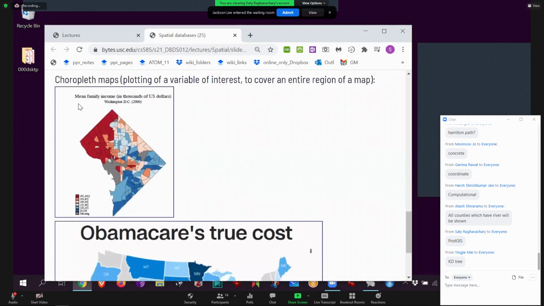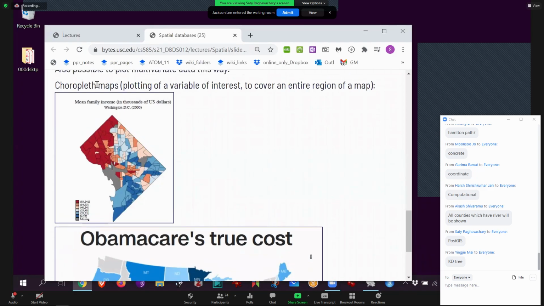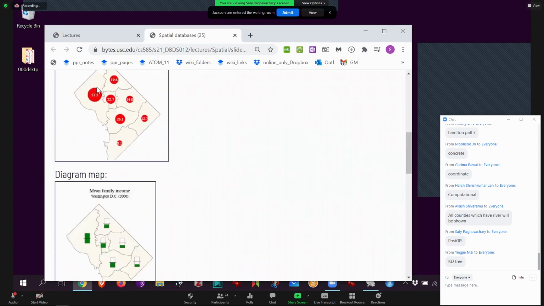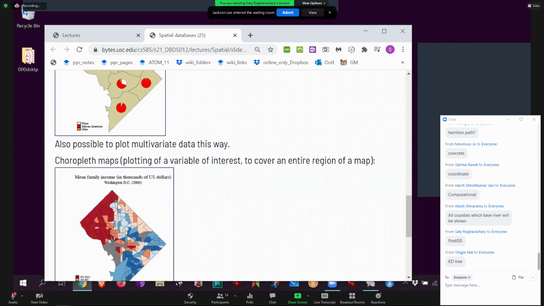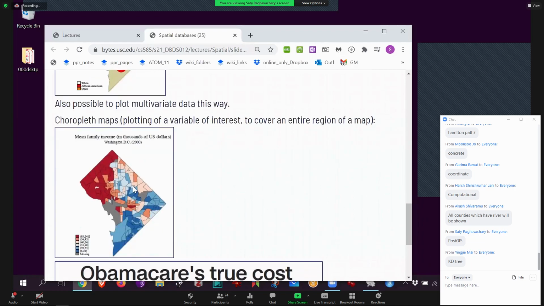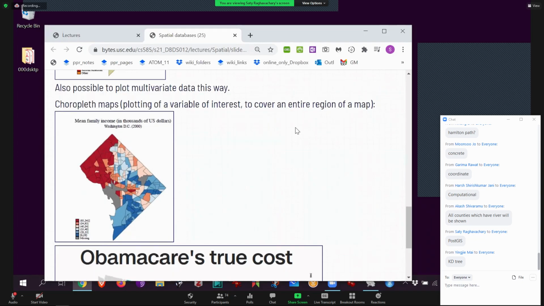And then there's something called a choropleth. These are not choropleths, none of them are. Choropleth means I can put my finger or my mouse anywhere on the map, and I'll have a value for it, like a fully filled map. In this case, it is called a classed choropleth. These are called classes. Classes means ranges. So anything that is a higher range, I'm going to call it that color. Anything that's a very low range, I'm going to call it a different color. Classed choropleth. If this classing goes away, I have a more continuous color, and it's a continuous choropleth, okay? So a classed choropleth versus a continuous choropleth.